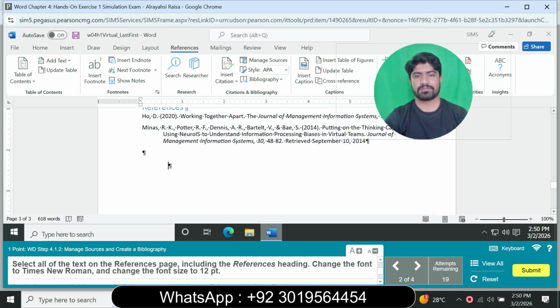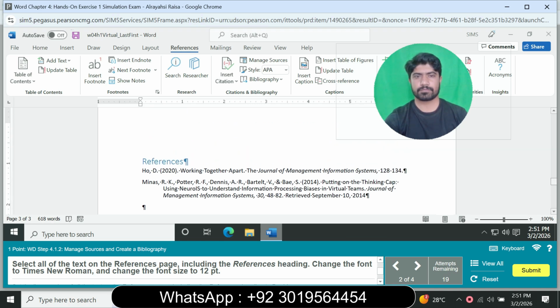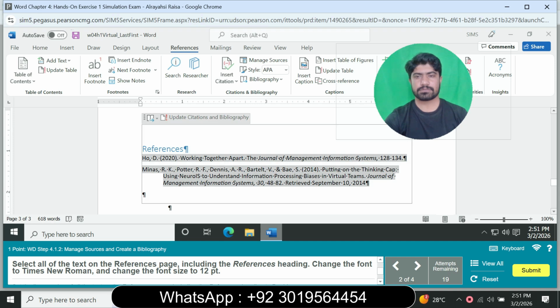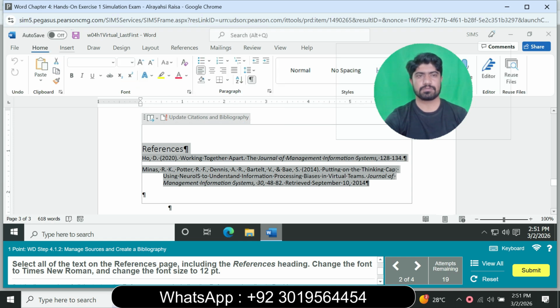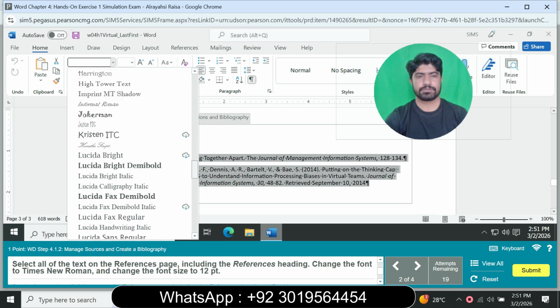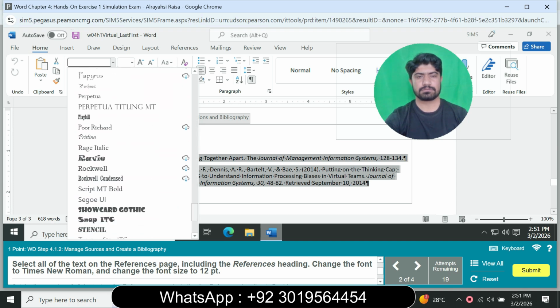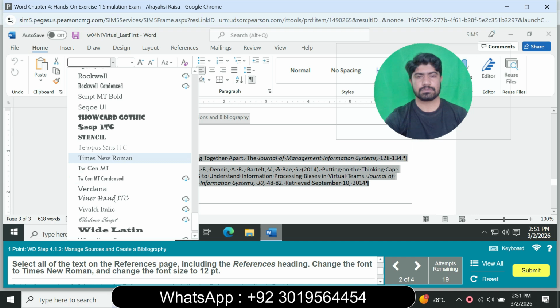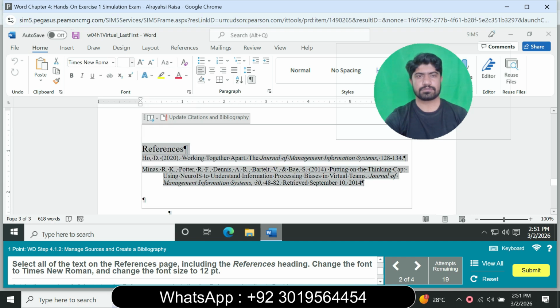Select all the text on the reference page including the reference heading, change the font to Times New Roman and change the font size to 12. Select all the text and change the font to Times New Roman. Go to the Home tab and select Times New Roman. Click OK and change the font size to 12